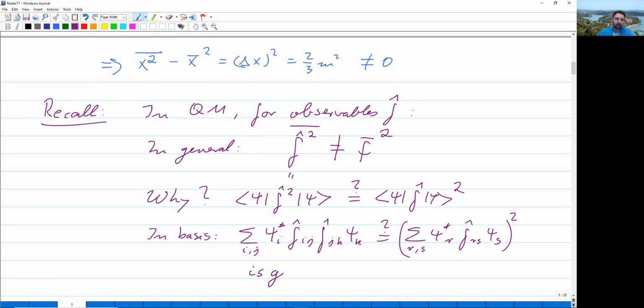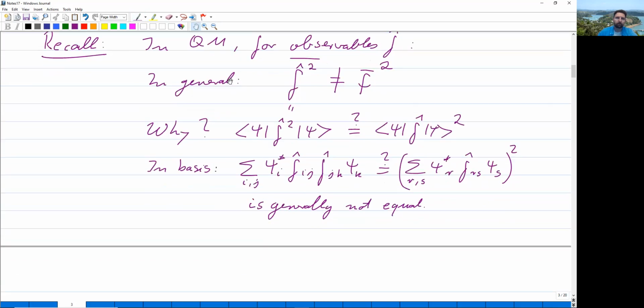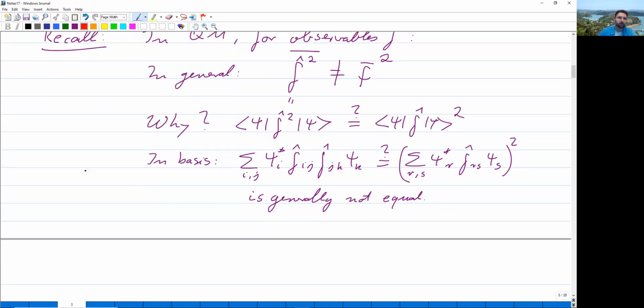It's generally not equal. So therefore, those two don't match and we have a variance. And we concluded, therefore,